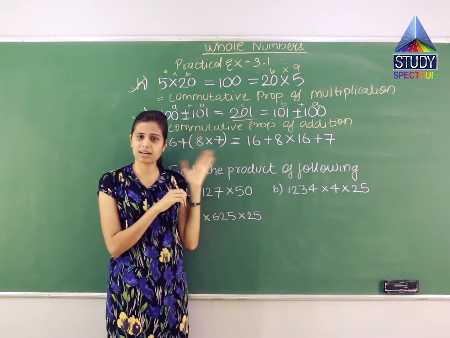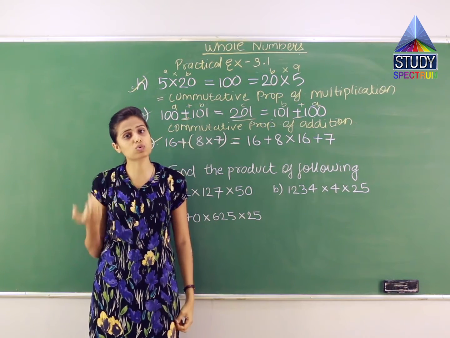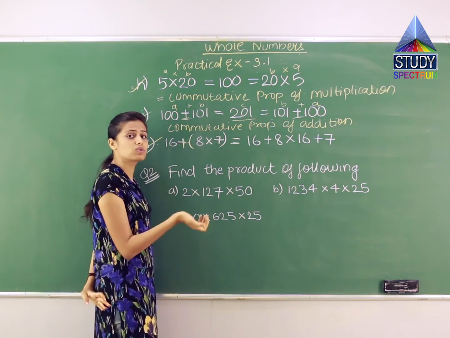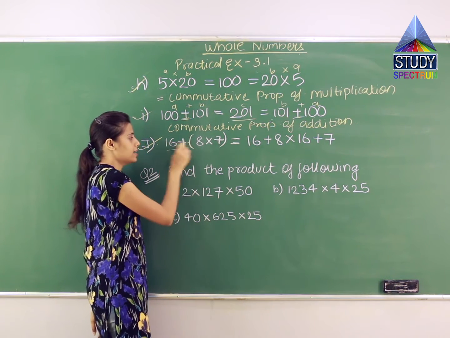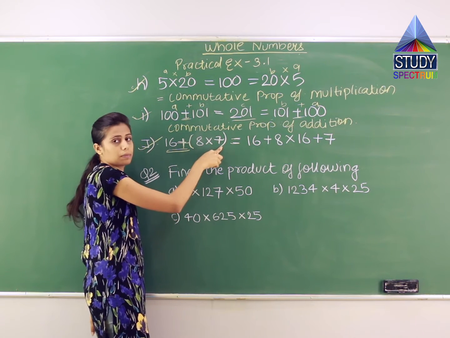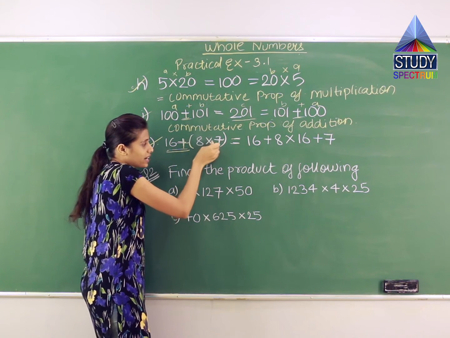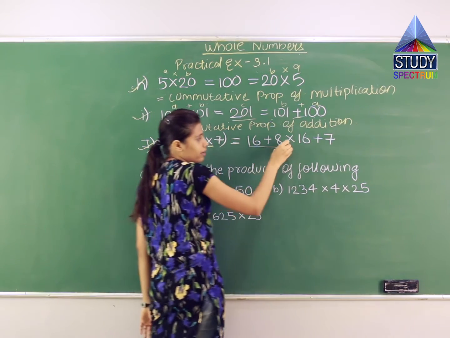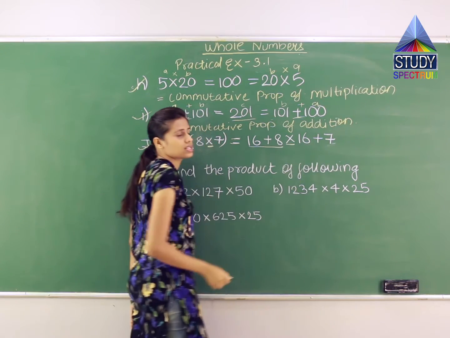मतलब पहले भी we have done a sum like this only, right, in which the number outside the bracket was repeating. Over here tell me which is the number outside the bracket. Bracket के अंदर 8 into 7 है, right, but bracket के बाहर क्या है, 16 plus. So this should be repeated with the first number and the second number. So 16 plus 8 लिखूंगी मैं, फिर ये वाला साइन डालूंगी. See, 16 plus 8 लिखा, फिर this sign I'll write, and then again I'll repeat 16 plus and write the next number which is 7.